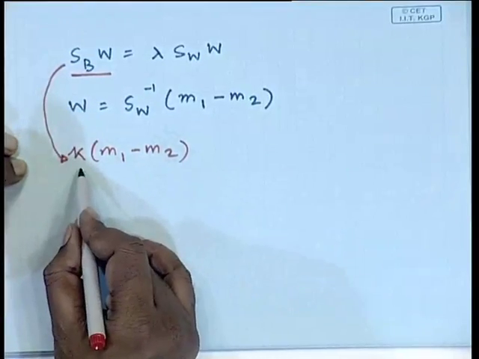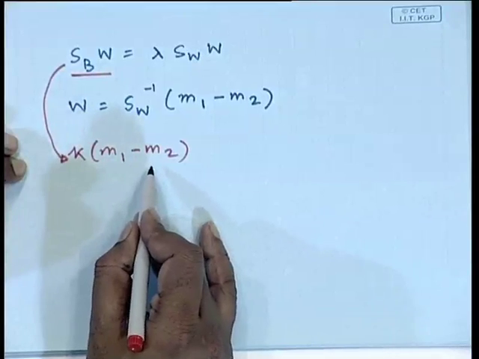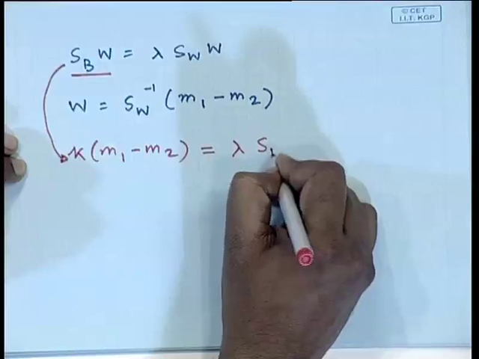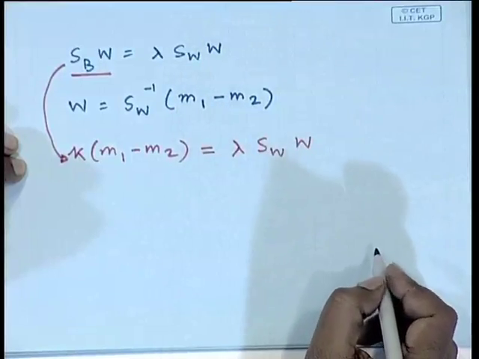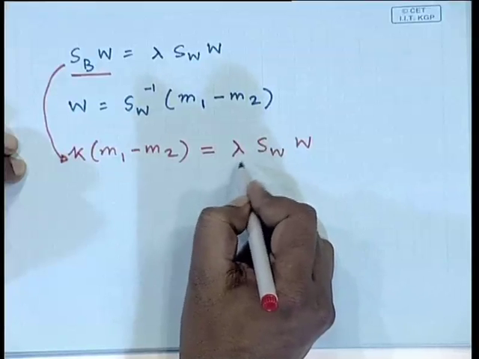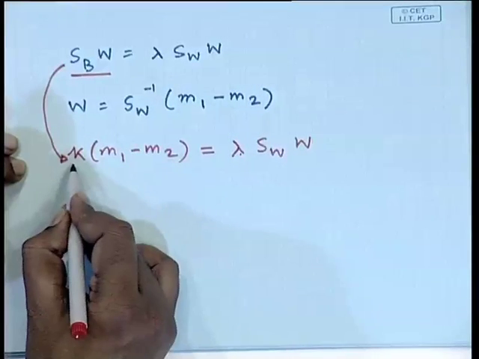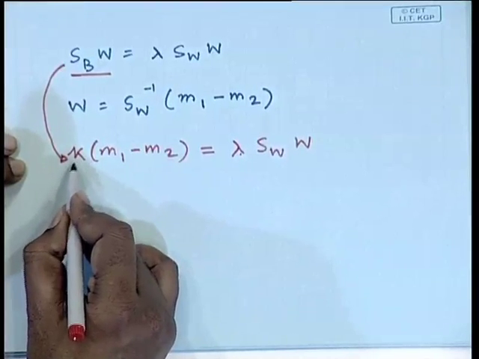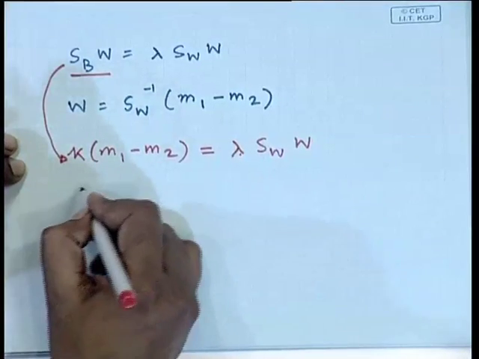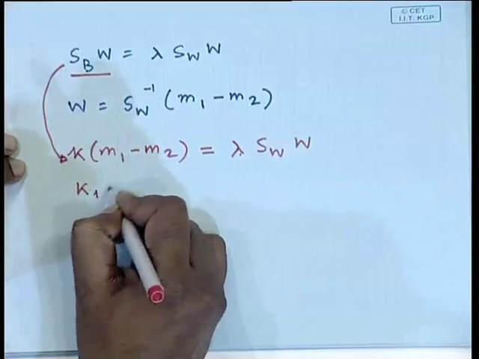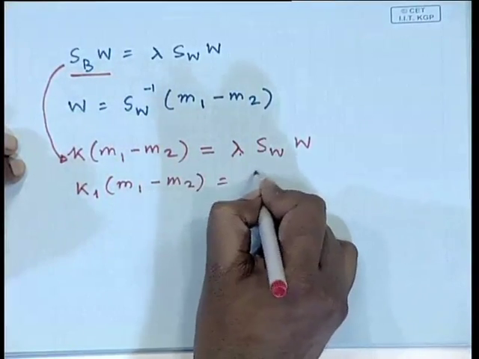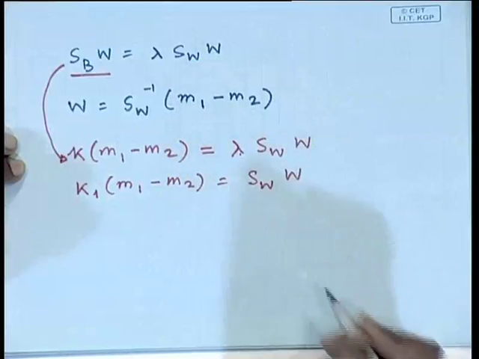So, I can write this as some scale factor k into (M1 minus M2), that is equal to lambda S_W W. Lambda is a constant. Okay. So, I can put this constant under this constant k, because it simply becomes k upon lambda. Okay. So, equivalently I have some constant k1 times (M1 minus M2) is equal to S_W W,